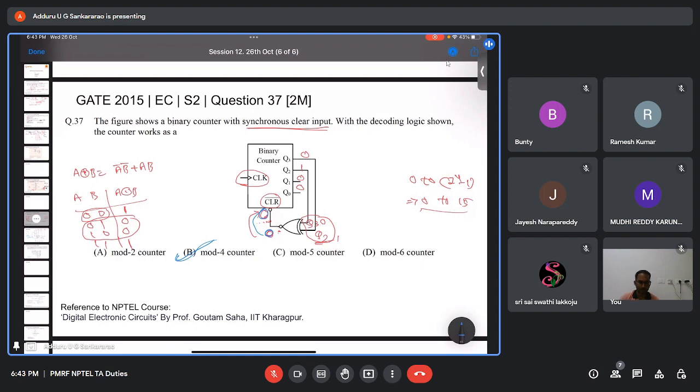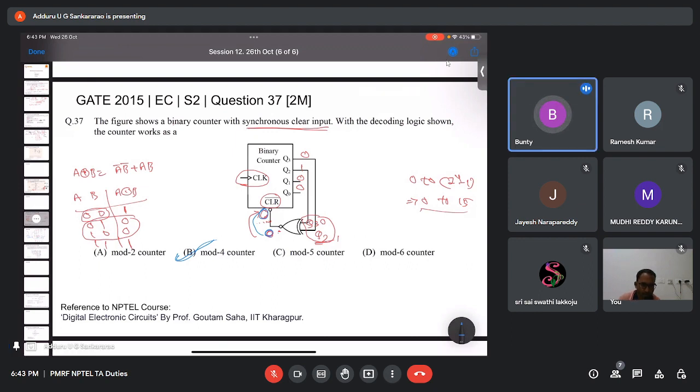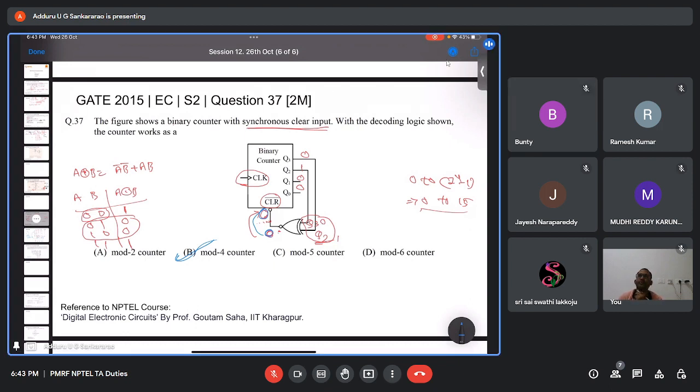Is that clear? Am I clear? Sir, what is the difference between synchronous clear input and asynchronous clear input? Synchronous clear input means